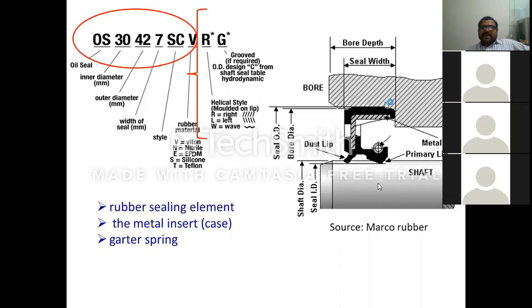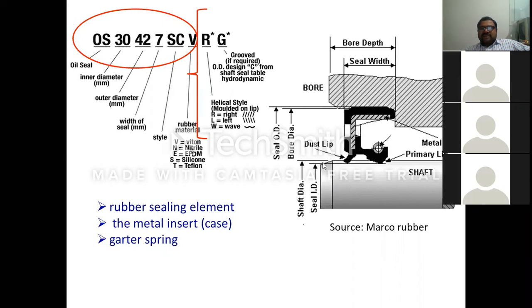Generally, you will find here, I have taken this figure from the Micro Rubbers company website. Look at this. It's a lip type oil seal. Look at the cursor. It's a spring, known as a garter spring. Because of this spring having some stiffness, and directly coming in contact with the shaft, there is a dust lip, and lips are provided. That's why it's known as a lip oil seal. Sometimes different oil seals are also available, but the standard size is here.